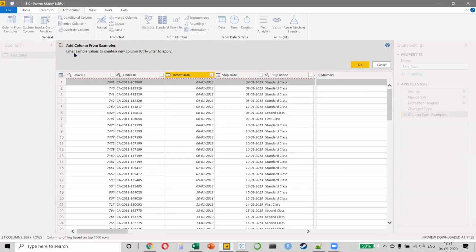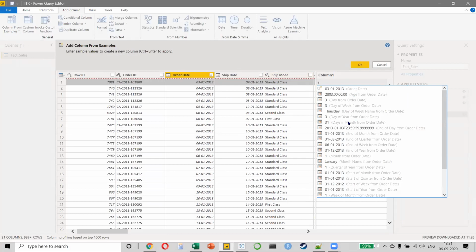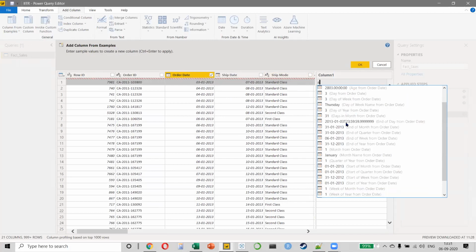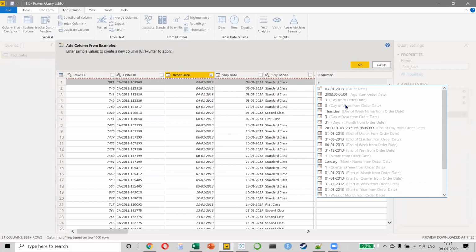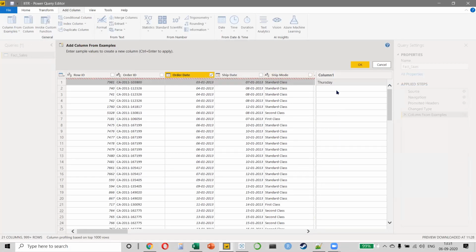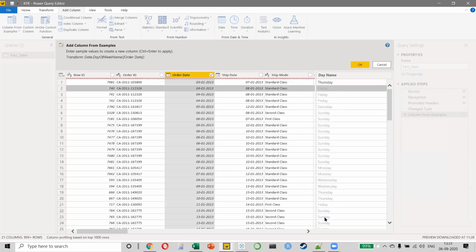Do you see this? It says, please enter a sample value to create a new column. So if I write any letter, S, E, A, it doesn't matter. If I write S, do you see what is happening? It is automatically detecting that the 3rd of January 2013 is a Thursday. Amazing, right? Even if I wrote A, it will still give me multiple options. So it will say, Havish, what do you want to find out? Do you want to find the age in the number of days? Do you want to find the month number, the days, the quarter, whatever it is? So we want to find Thursday. And you notice it will automatically tell me the day for every single value.